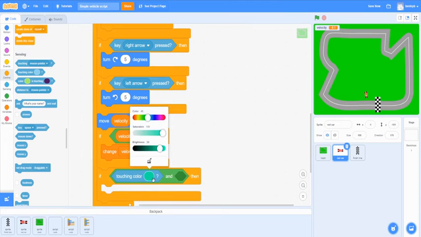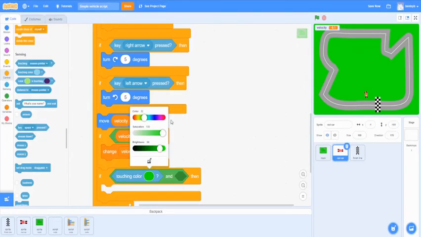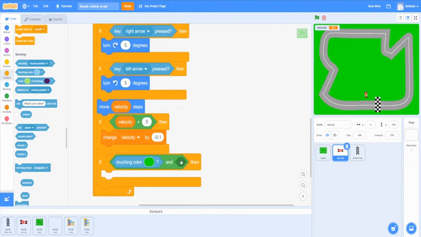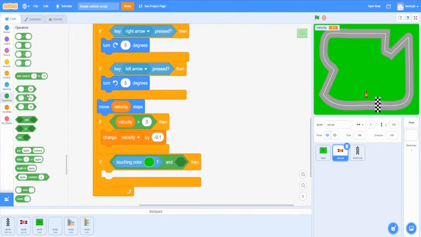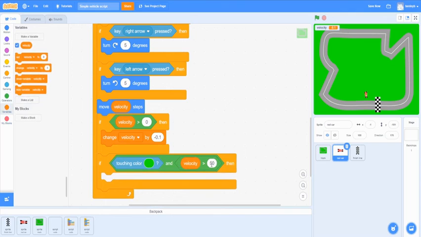If you click here, you can select the color you want it to remember. So there's this super cool tool right here, and if you click on it, you can select the color on the canvas and it'll automatically set it to that, so that we don't have to find the specific color in the tool up here. In the next and, we're going to want to put in another greater than symbol, the first one, and we're going to go to variables and grab another velocity block, and we're going to make it